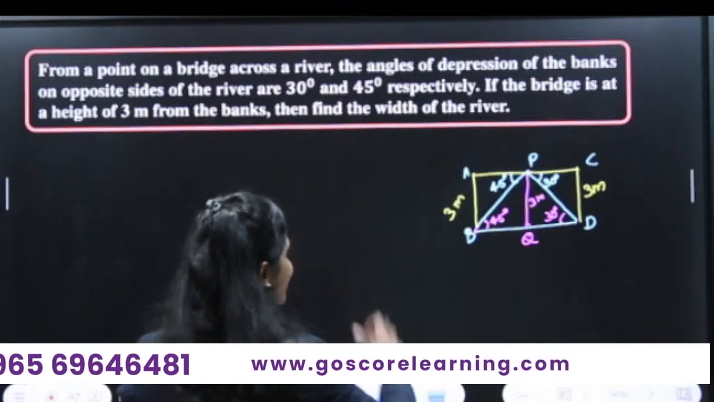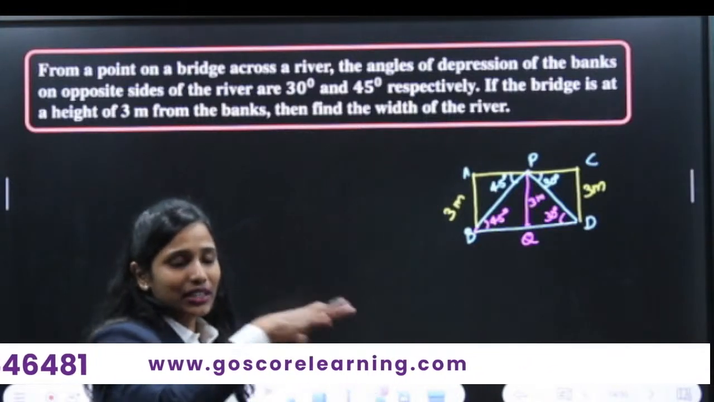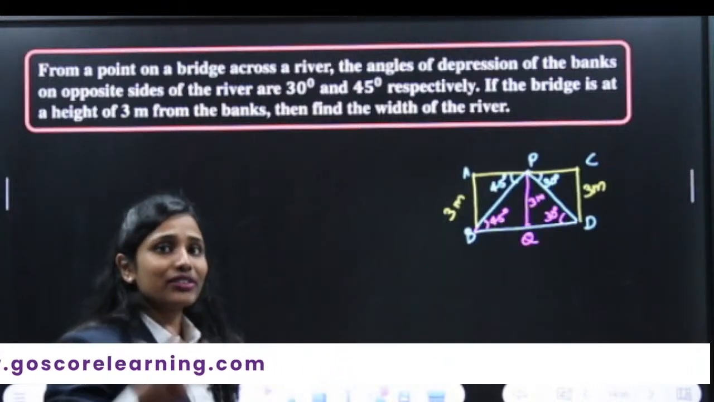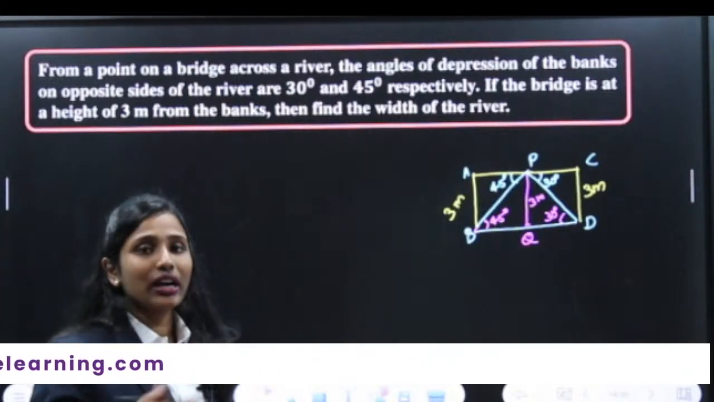Okay. So this is an example question. Okay, it has some applications of trigonometry. This is our example question, and this question they have asked for board exams. So you have to be very familiar with your